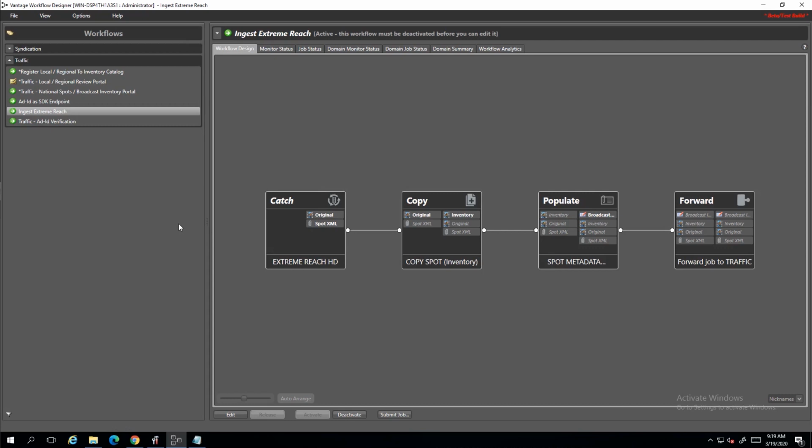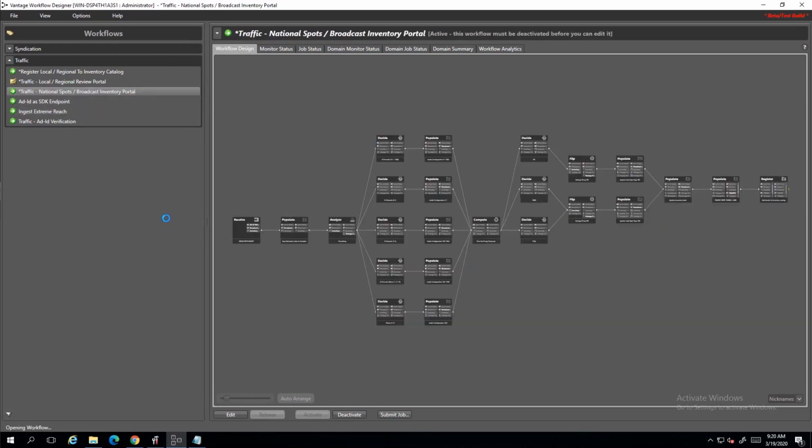The first one here is utilizing a catch action, which is a special process for detecting not just an incoming media file, but also finding the accompanying sidecar files, XMLs, which contain the distributor's metadata for that particular commercial. Once we've identified a pair of incoming files, we then process the sidecar file and then use this populate action over here to store the metadata in a Vantage label for later review and processing. This forward action at the end then passes these incoming files off to the second workflow, this inventory portal one